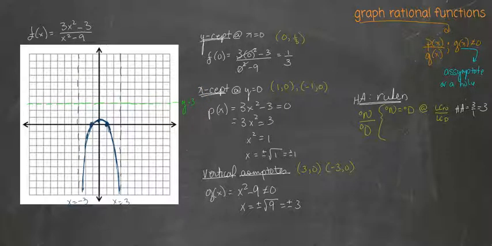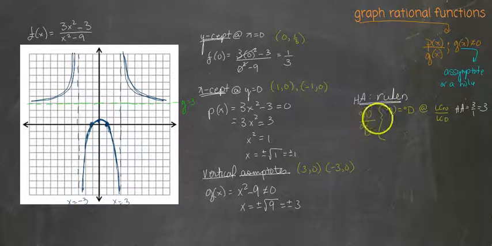So I sort of already know what's happening with my function, because if y equals 3 is an asymptote, this is not possible because I would have gotten that root out of my calculations. So I know that my graph has to be going like this on both sides. Not that I'm not going to confirm that, but I already know that this is the shape of this graph. But let's go back and finish up our